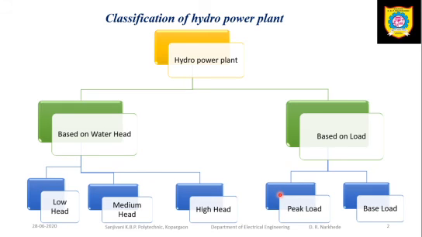I need to just open the valve, and the water will flow through the penstock, make an impact on the turbine blades, and within a few seconds my power plant is in operation. For that purpose, these power plants are preferred as peak load plants. So these are the classifications of hydropower plants based on load. In the next lecture we will discuss the classification of power plants based on their location.